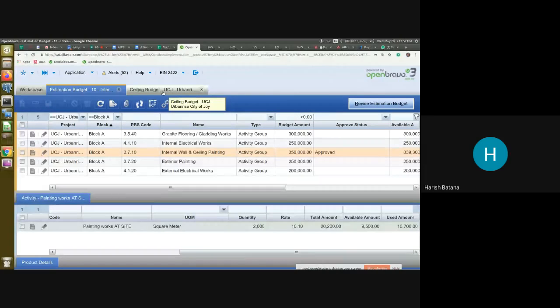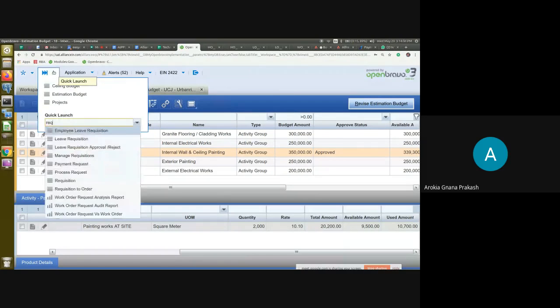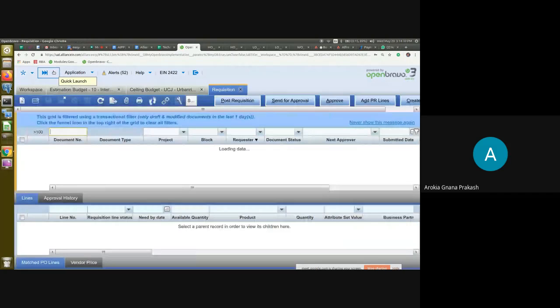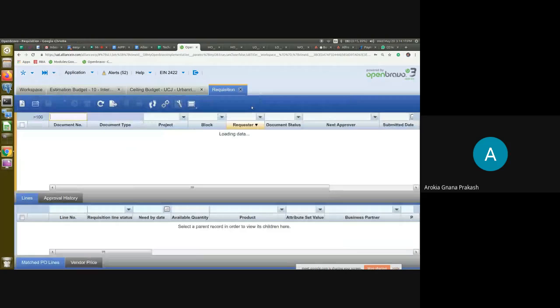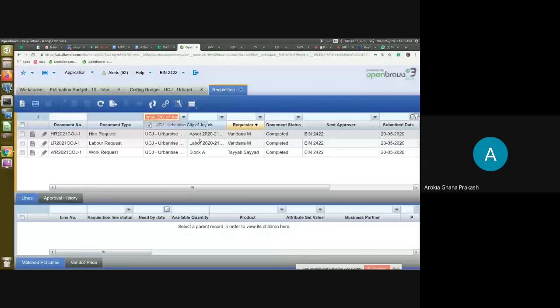Okay. Now we have one question. Yeah, tell. Can you go to the request screen? The work order request screen. How are you taking the activity?